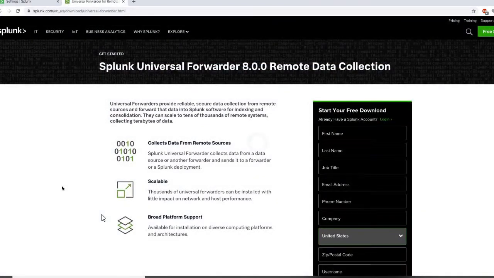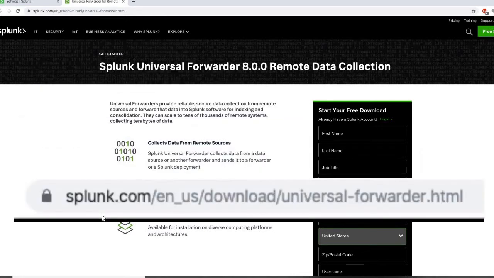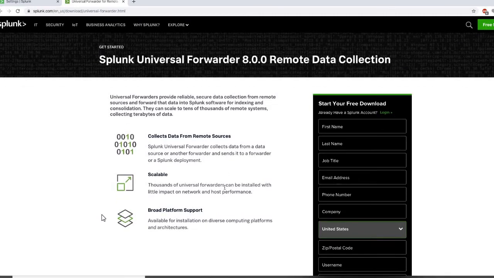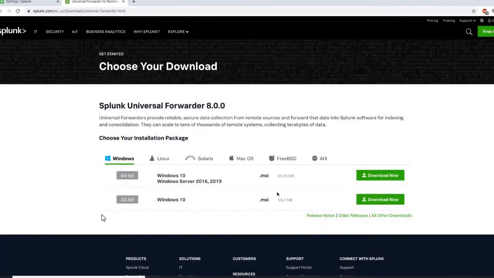Now you need to go to this URL. You can see this URL, splunk.com/en_us/download/universal-forwarder.html, right? Or you can just go to Google and search for the Universal Forwarder. These are two ways that you can do that. Once you log in to your Splunk account, we already have this Splunk account, right? You have to log in with that account